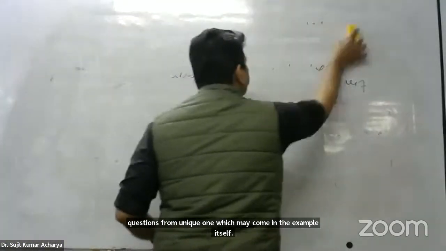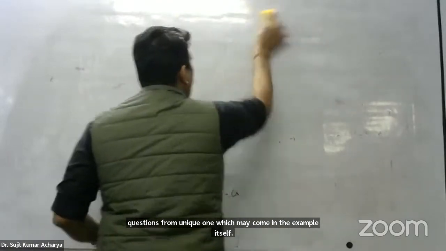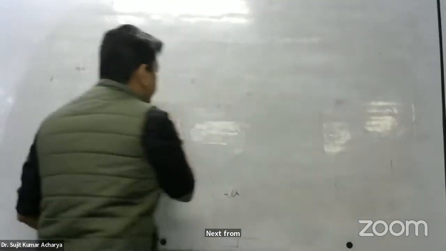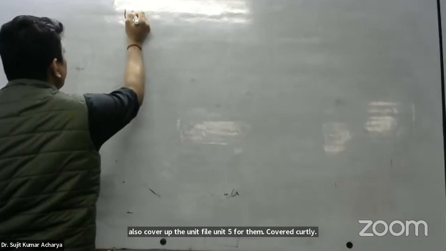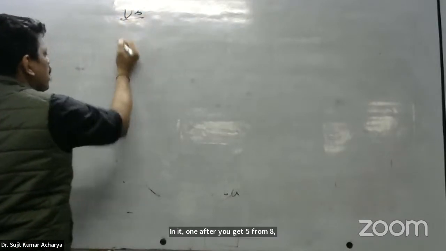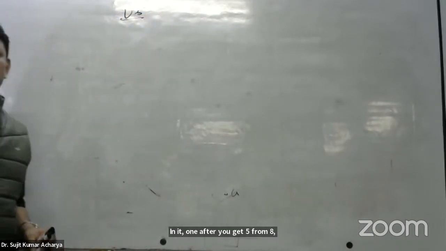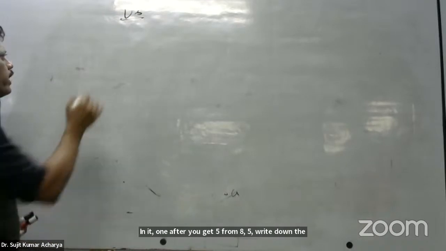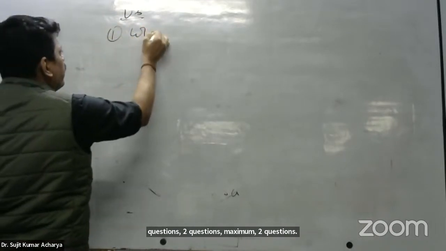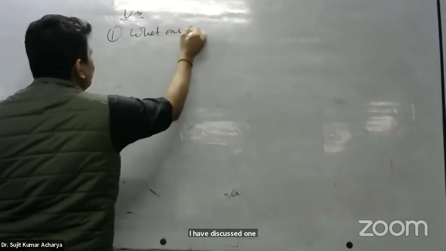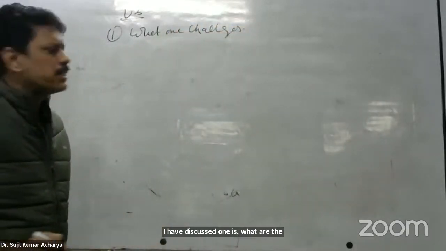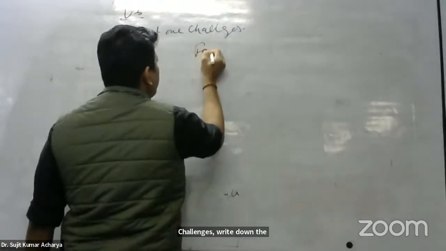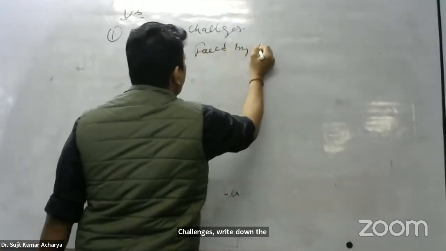Next, I also cover unit 5. From unit 5, write down the questions. Maximum 2 questions I have discussed. One is, write down the challenges faced by a manager